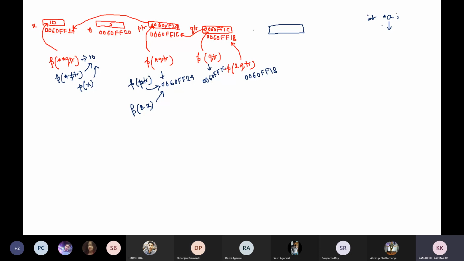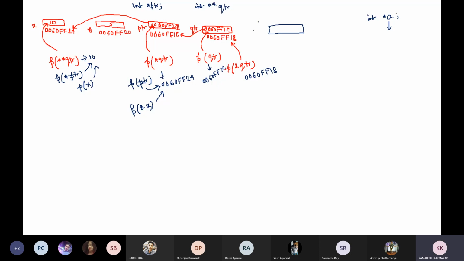Yes, sir. So x is an integer value. If I want to hold the address of this x, then I have to declare this variable ptr as a single pointer. If I want to hold the address of this ptr, here qtr is holding the address of ptr. So how will this variable be declared? It will be a double pointer qtr.